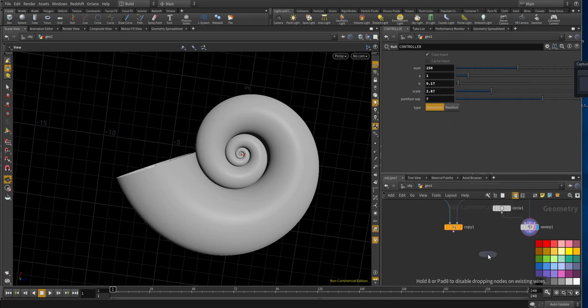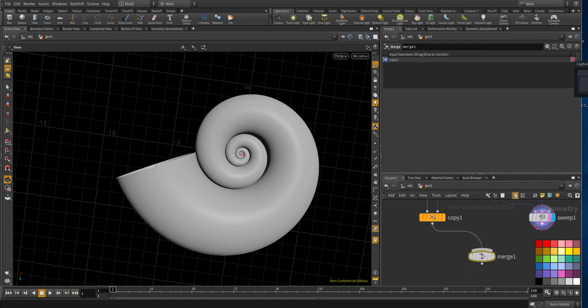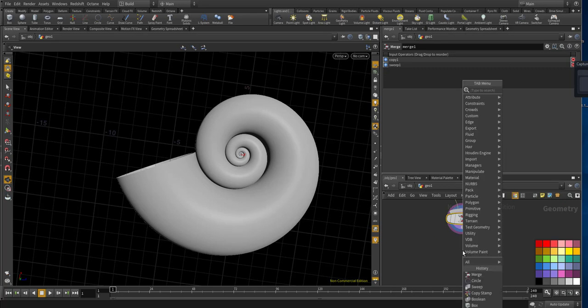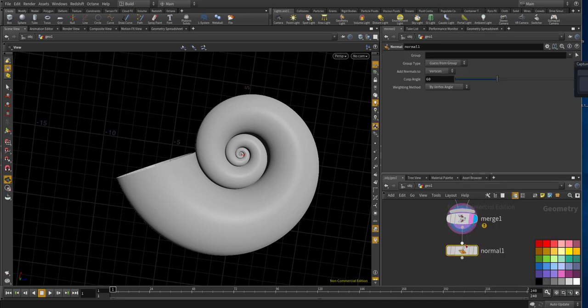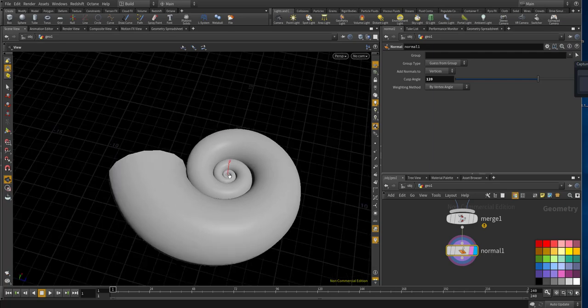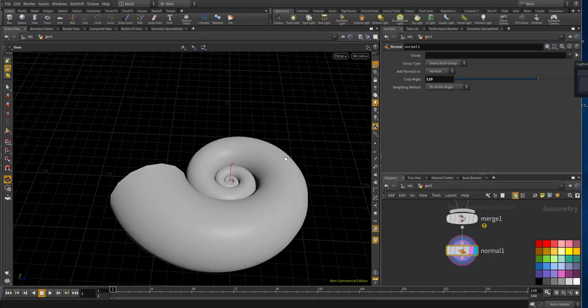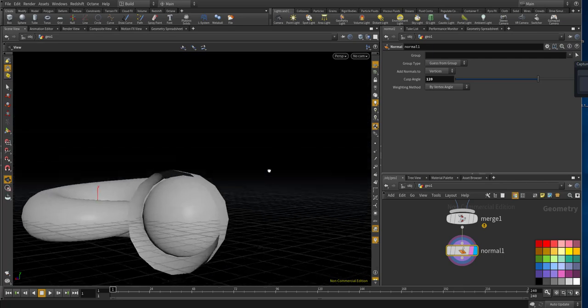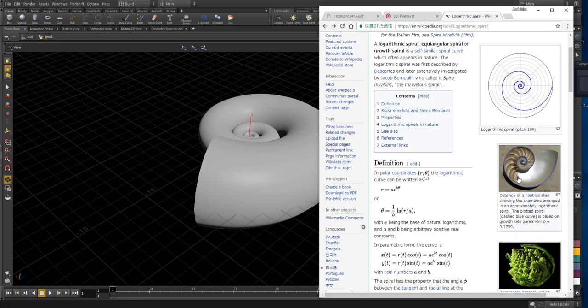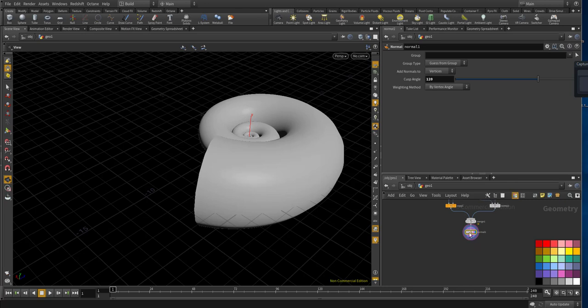Let's merge together those two. And I could probably use a normal to make sure that there are no hard edges for a big number of angles, and also I would like to show the section of this Ammonite shell or nautilus shell, since it's a bit boring if you only see the outside of the shells when you have these partitions already existing inside. So let's try to make an interactive